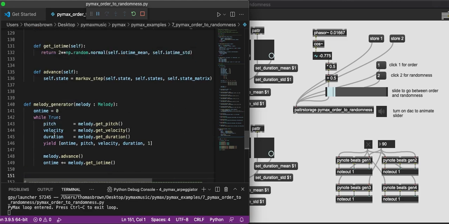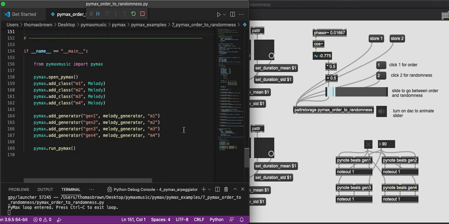We just get the pitch, velocity, duration from aspects of our melody object, and then we have this function melody advance, which you can see up here just moves everything through the Markov step for the melody, and then we add the on time, and that's it. This is adding everything. So I've actually added 4 different instances of the melody object, and I'm calling them M1 through M4, and then I've added 4 different instances of the melody generator object, and I'm calling them Gen 1